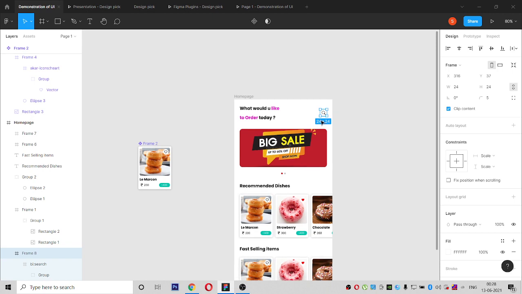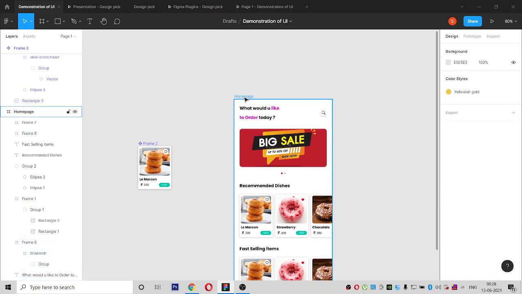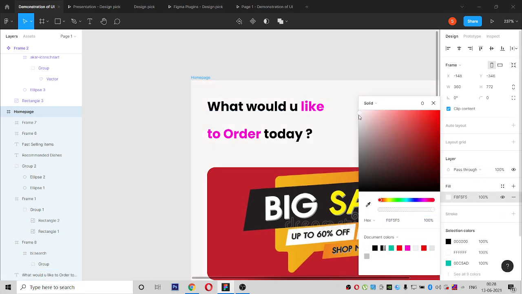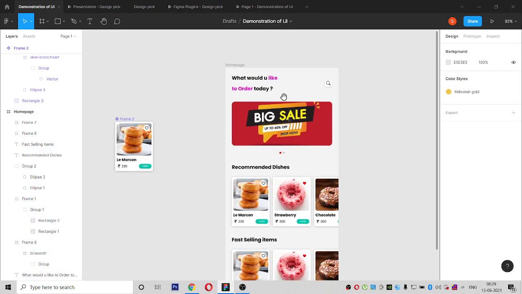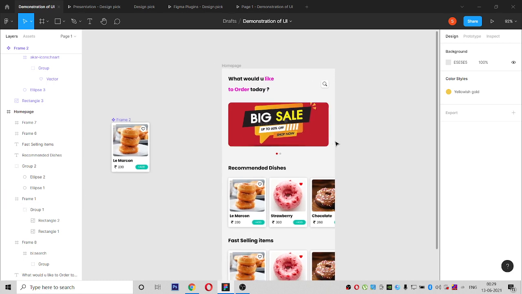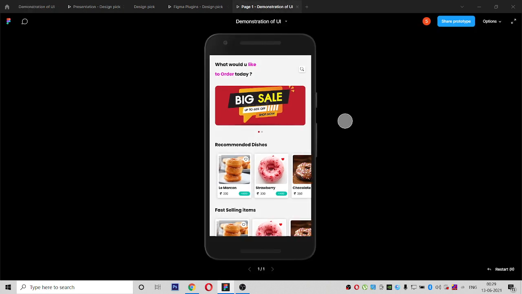Alright. And we have to change some more things. If we change this to light gray and check this out like this, looking good.